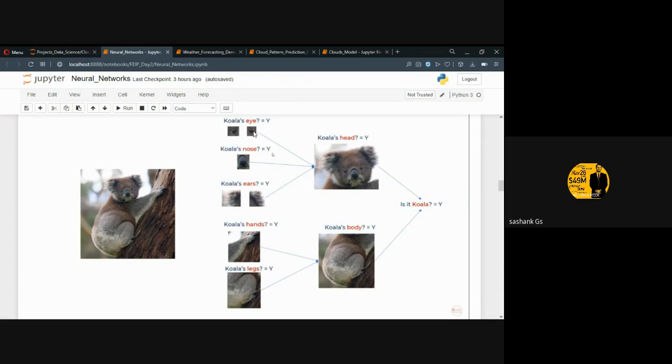So first feature, eye. It has found the eye part of this koala, and it is given here. Likewise nose, ears, hands, and legs. After that, it's going to aggregate these three values into one single value. So this eye, nose, and ears is going to be compressed into just one value, which is going to be the